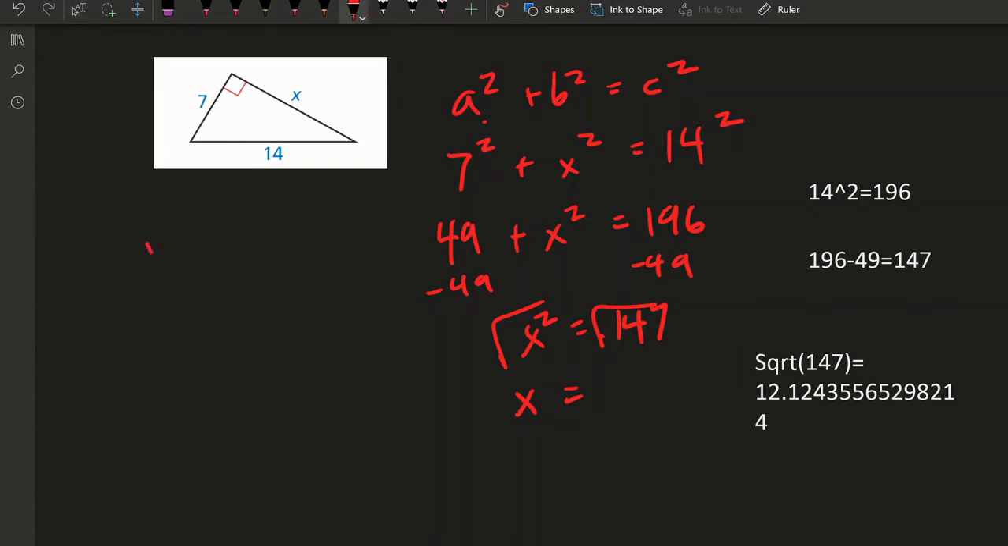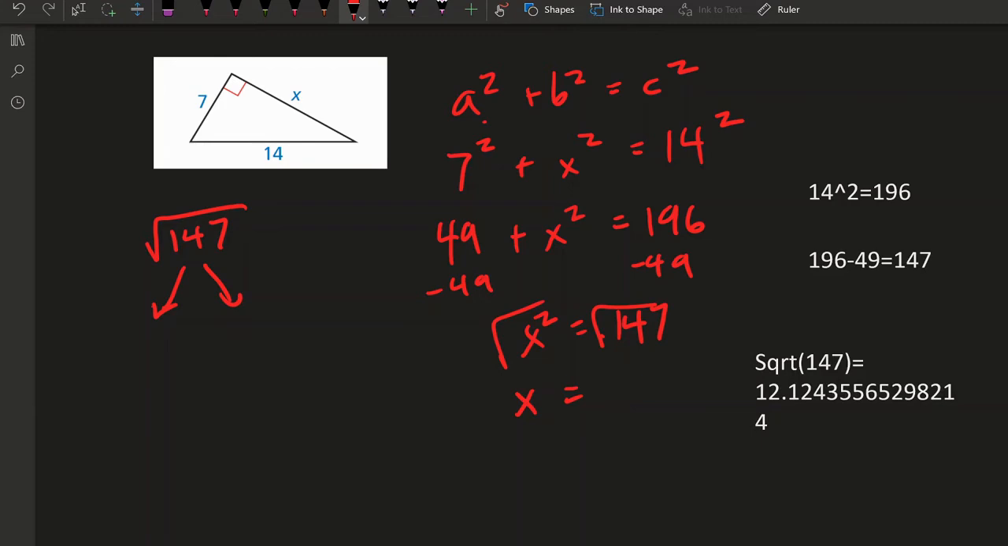So what I need to do is simplify the square root of 147. If you remember how to do this, great. If you don't, I'll do a quick review. 147 is not a perfect square, so what I want to do is find any instances of perfect squares in there by factoring it. And I want to factor it until I get all the way down to the primes. So 147